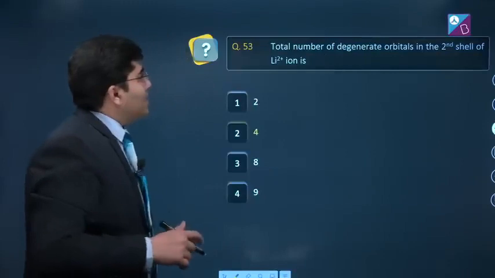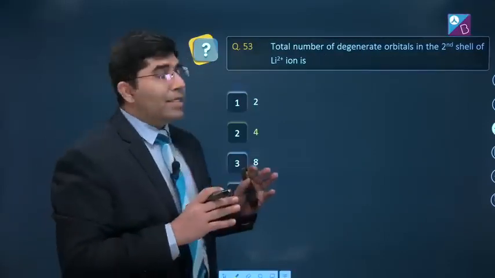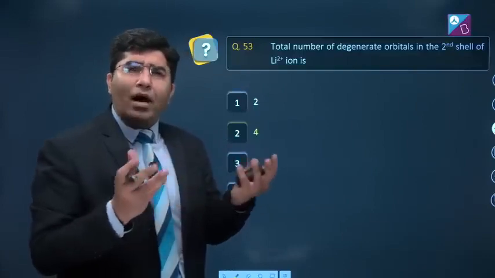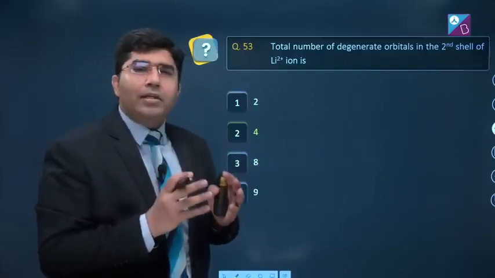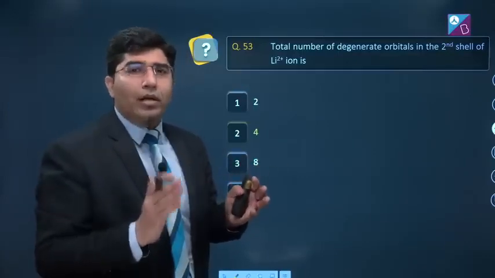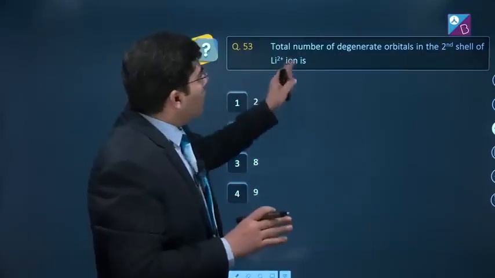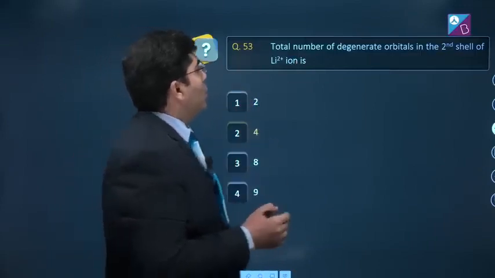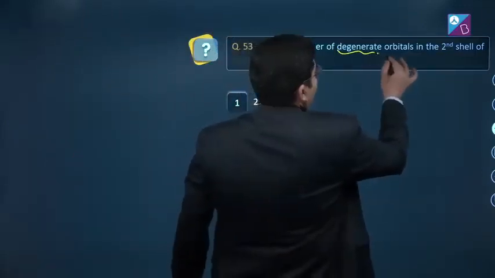Next one is the total number of degenerate orbitals. अब होता क्या है कि जब क्वेश्चन ऐसा आता है, स्टूडेंट जनरली आंसर करते हैं, what are degenerate orbitals. Degenerate means they are having the equal energy. So the question is: the total number of degenerate orbitals in the second shell of the Li2+ ion. So degenerate means